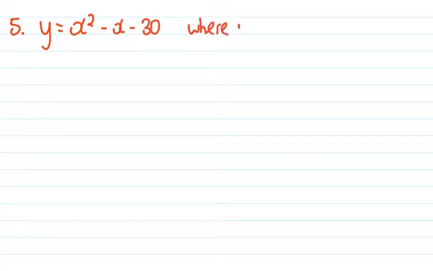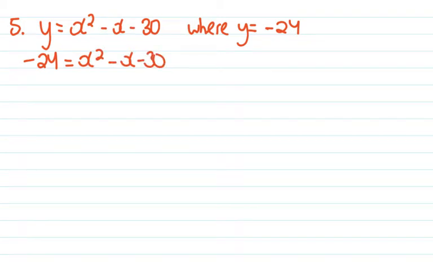All right, number 5. y equals x squared minus x minus 30, where y equals negative 24. Okay, so this one's a little bit different because we have an equation in standard form, and now they're giving us a value for y. So we would take that negative 24, put it in the place of y,